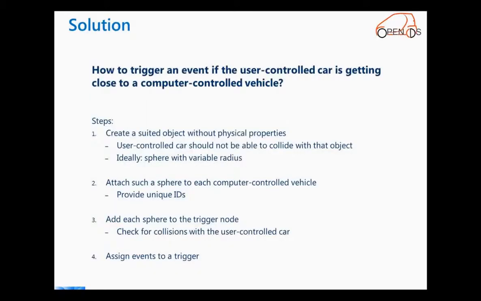So again, here's the problem, which reads: how to trigger an event if the user-controlled car is getting close to a computer-controlled vehicle. So let's first split this problem into smaller steps. So first of all, how can we find out our current distance to